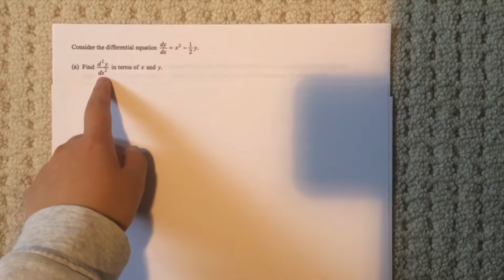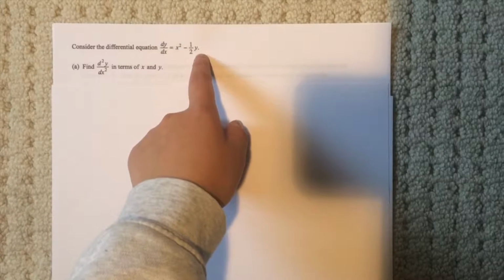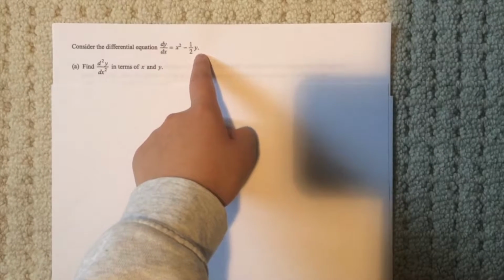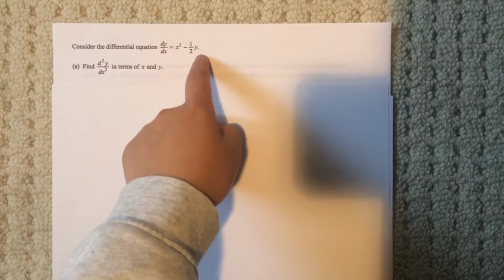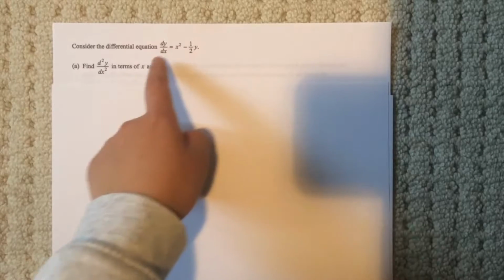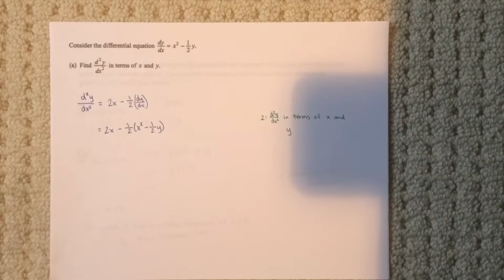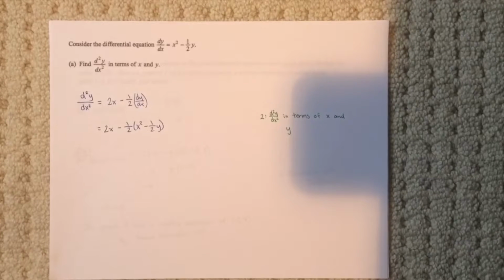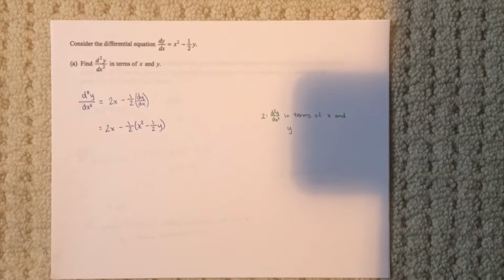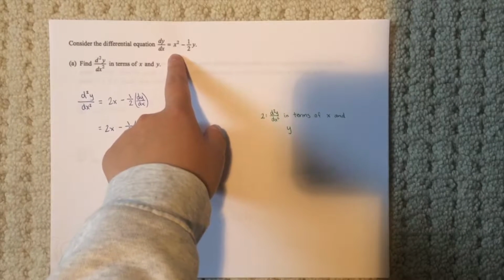Now realize that the second derivative and the first derivatives are in terms of x, which means that when you derive y, you have to use dy over dx and not just the value of 1. All the derivatives are in terms of x, so deriving y for the second derivative should give you a dy over dx. So the second derivative is equivalent to 2x minus 1/2 of this derivative, dy over dx, which is equivalent to 2x minus 1/2 of quantity x squared minus 1/2 y, taken directly from the dy over dx in